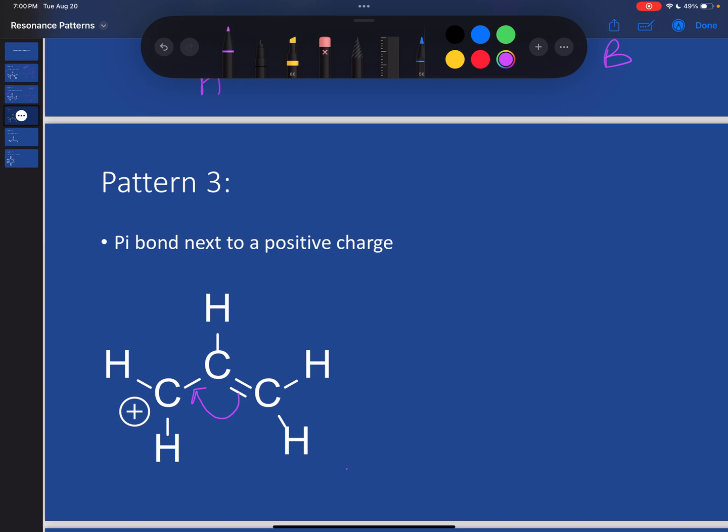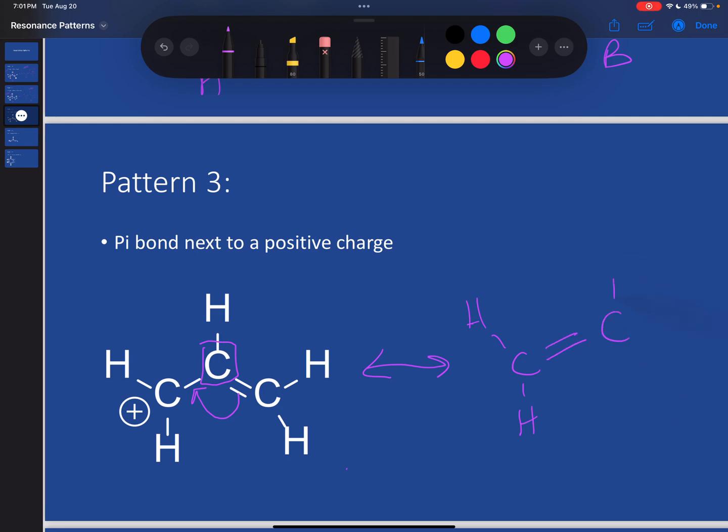Another way I like to think about it is this is one of the carbons that contain the double bond. It is still going to have the same double bond, but it's going to be on the other side. So that's how I know I'm not going too far. I'm not trying to push those electrons too far away to where it's not real. So the structure that I get now is the carbon on the left side is now doubly bonded to